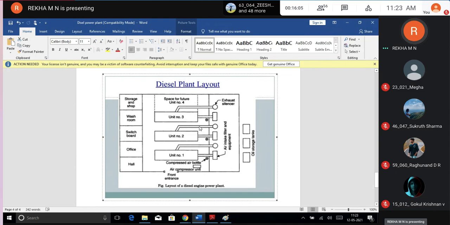For example, what is the area for the washroom that you have taken into consideration? What is the area for the office, or what is the area for the rest? And next, unit 1, unit 2, unit 3, the cylinders. So what is their approximate area you should be knowing, so that you can plan the floor area. Otherwise it will be difficult. Simply writing it is not possible. You have to write it.